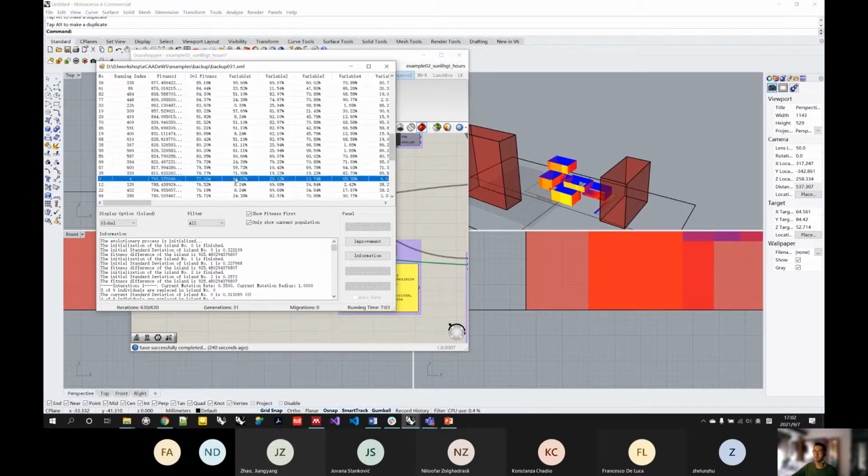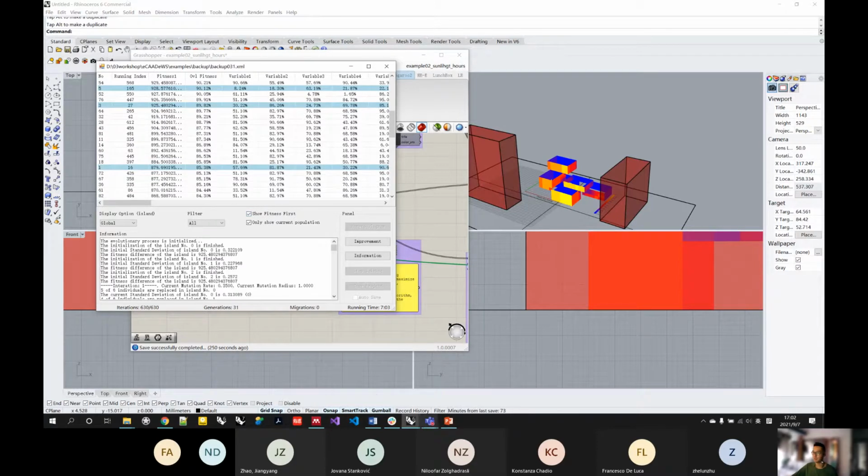And also here have some design with the blue. The blue one means that the improvement solution. So here you can find the connection. Let's say the running index means that